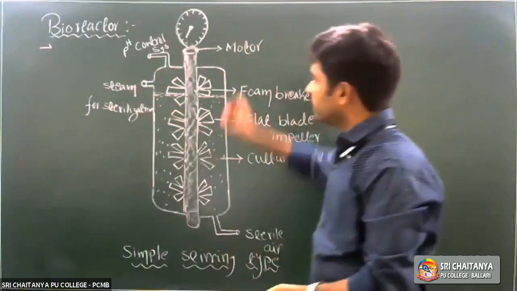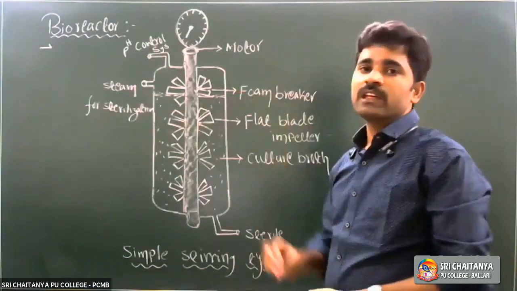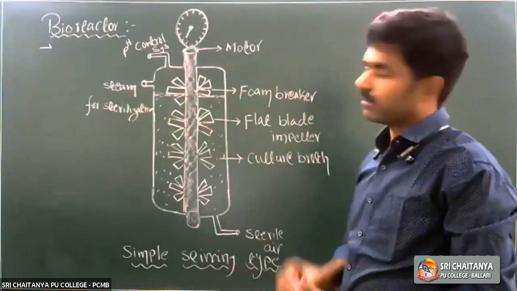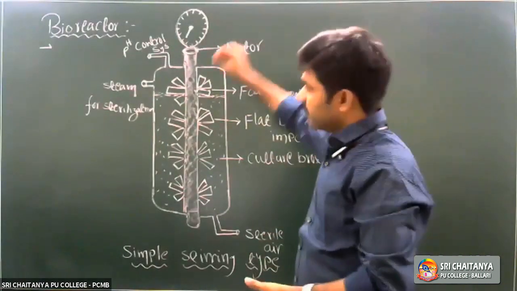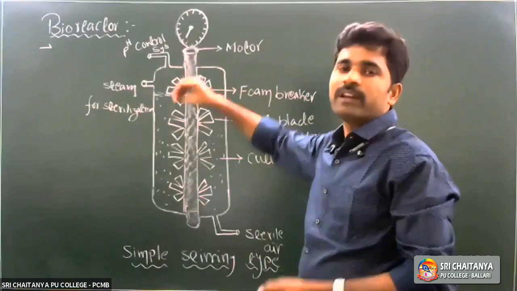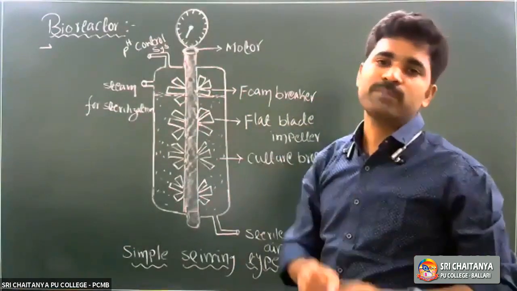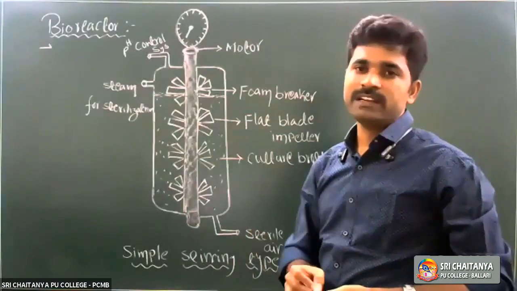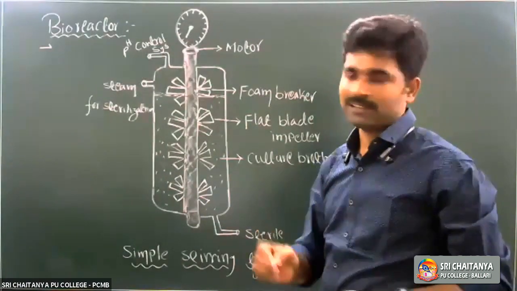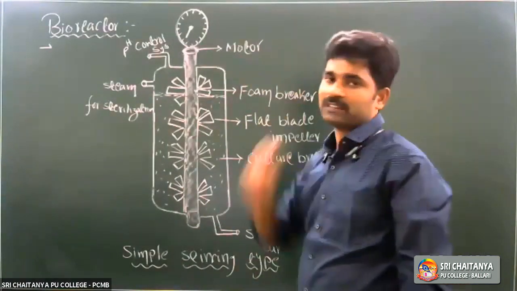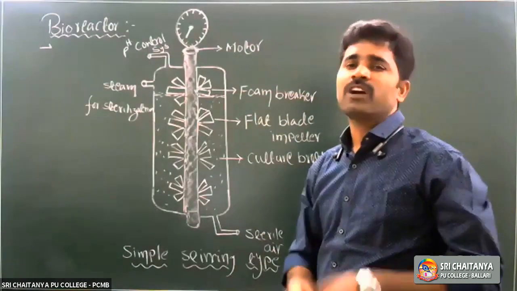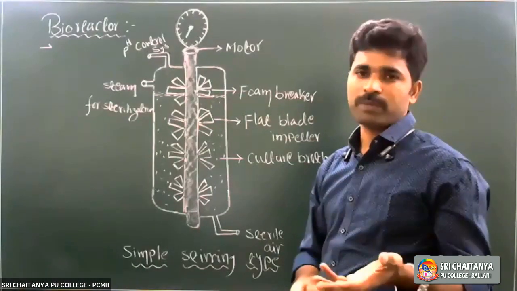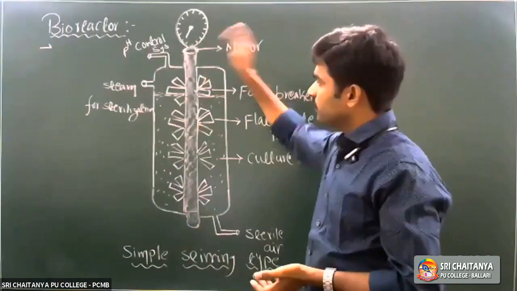The bioreactor is already filled with 1000 liters of raw material. Right now, we added recombinant DNA containing bacterial cells. So those foreign genetic material or alien DNA containing bacterial cells we transferred into the bioreactor. How many cells? Not exactly, maybe two or four cells we transferred into the bioreactor.